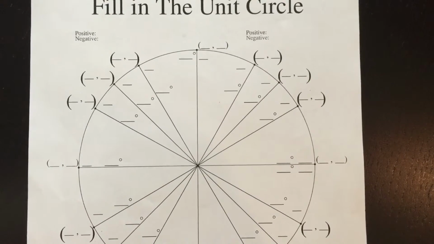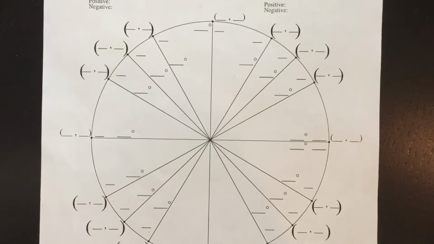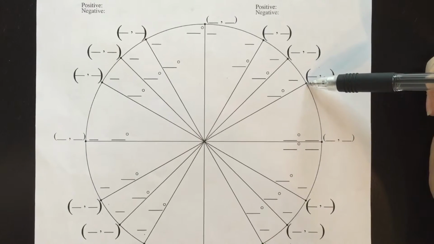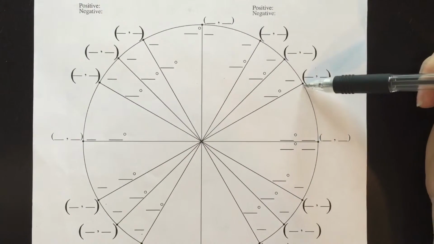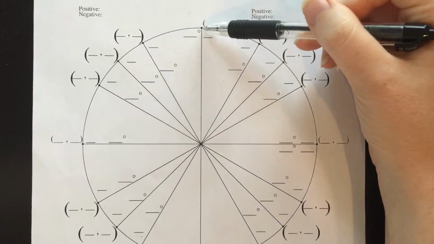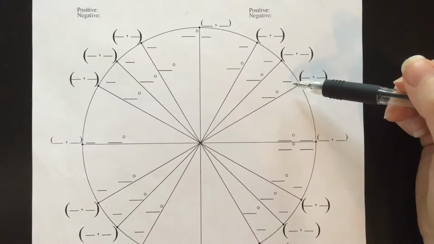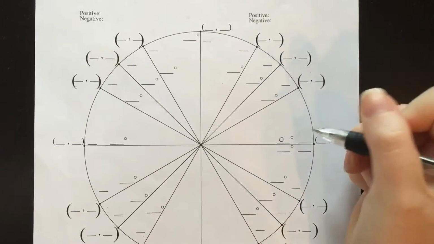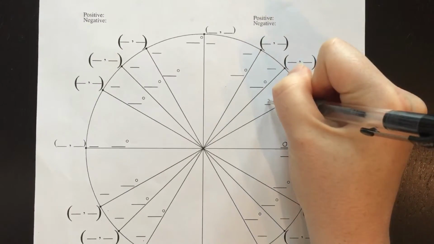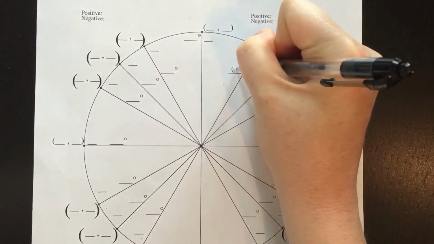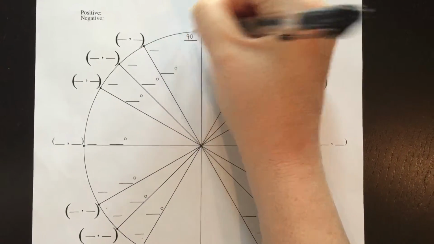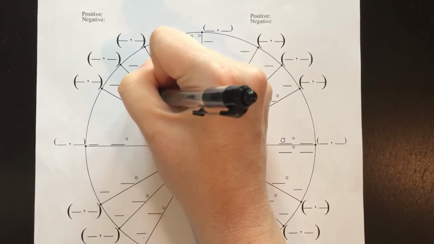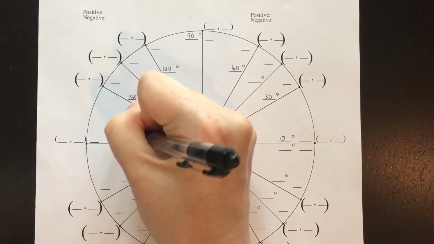So we have a completely blank unit circle, and the first pattern we need to recognize is that if we ignore these perfect middle lines here and just think about the first point, starting at 0, skip our second point and our third point, we can count by 30 degrees and start labeling all of those angles. So for example, I'd be starting here at 0 degrees, and then if I count by 30, I'll get 30 degrees, 60 degrees, 90 degrees, 120 degrees, 150 degrees, 180 degrees,